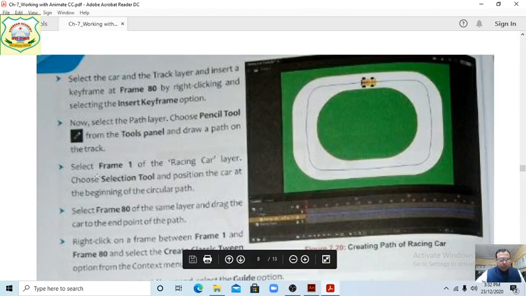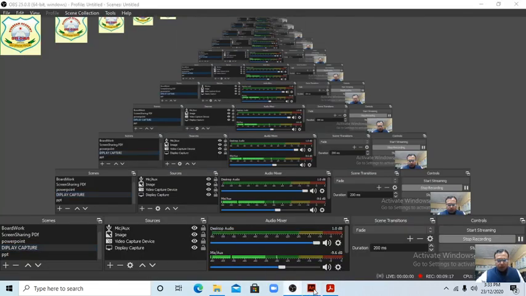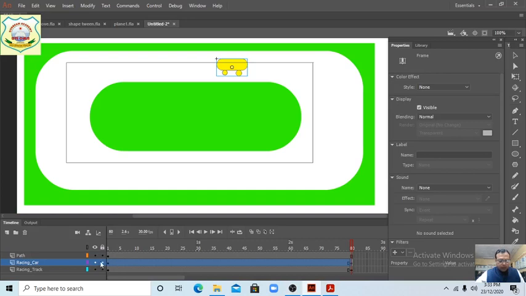Path on the track. Select frame 1 of the racing car layer, choose the selection tool and position the car at the beginning of the circle path. Select frame 1 of the racing car. So racing car is here, frame 1 is here. Select it.